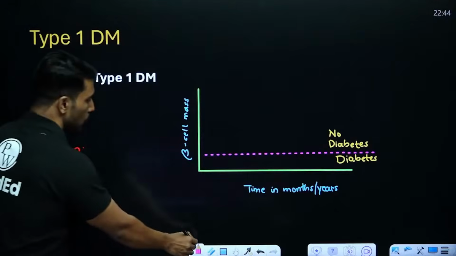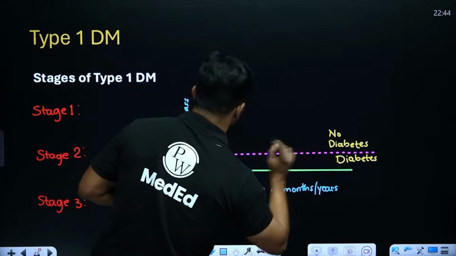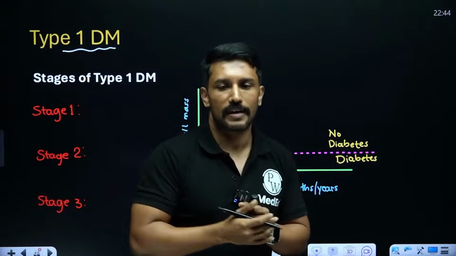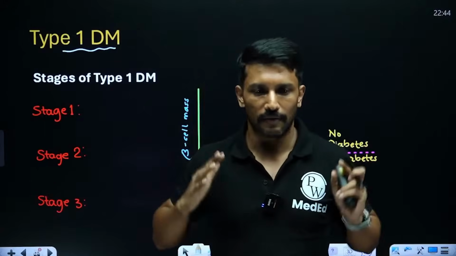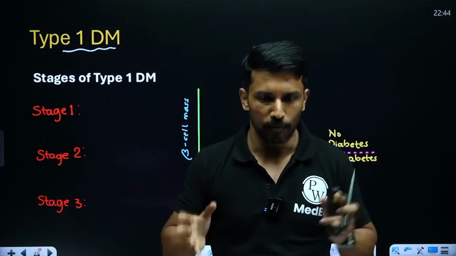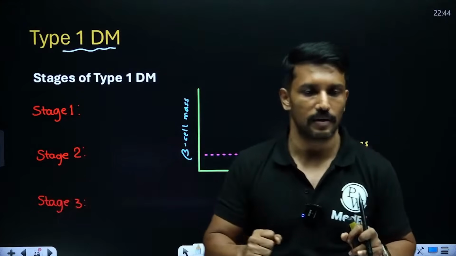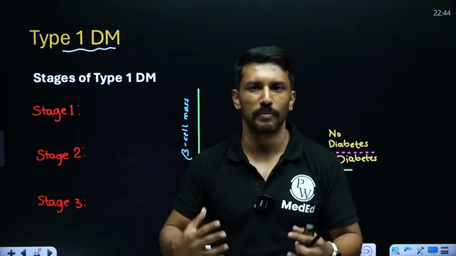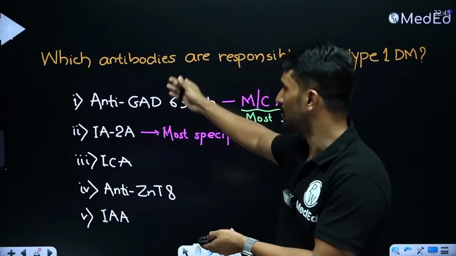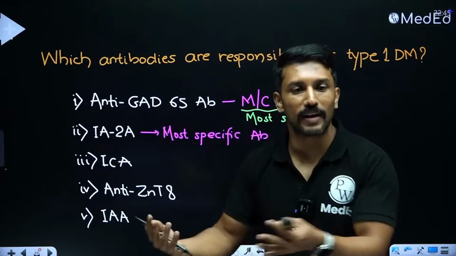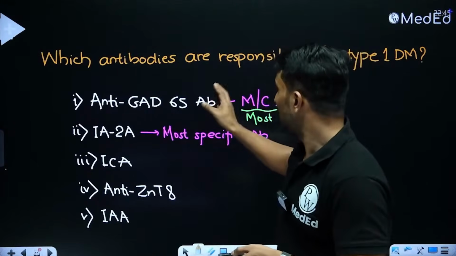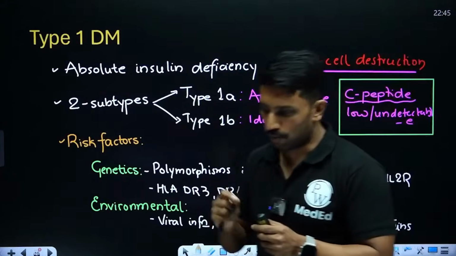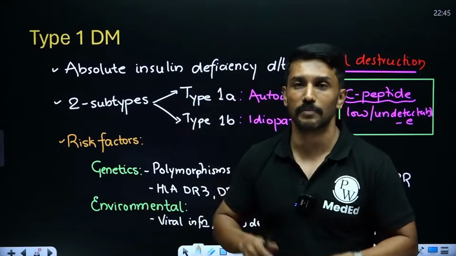Now, what is the natural course of the disease when someone develops type 1 diabetes? The disease progresses through stages. Let us say I have this genetic preponderance, the PTPN22 polymorphic variation that increases the risk of developing type 1 diabetes. And then let me say I got some viral infection, it triggered autoimmunity, and my body started producing these antibodies that we just listed, right? So by tomorrow, will I be diabetic? No, because these antibodies are going to cause beta cell destruction, so they will take some time. The moment one beta cell is dead, I'm not going to become diabetic.